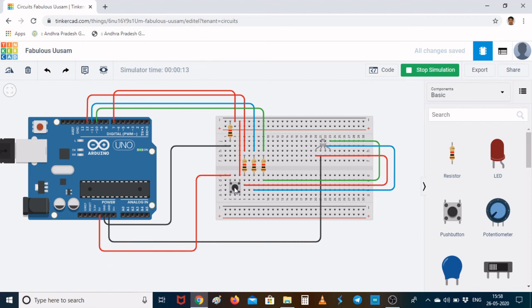Suppose I press this push button continuously, then you can observe a continuous blinking of your LED. It keeps on blinking, not stopping. Why? Because I am making pin 7 high continuously. Now when I release, it stops after one blink, ending with the green light. So I hope you have understood this experiment. Thank you very much.